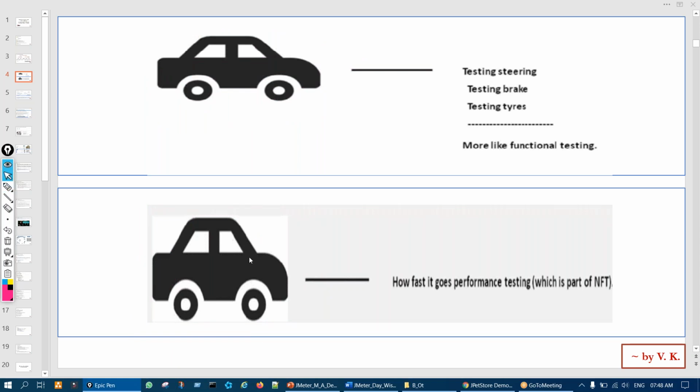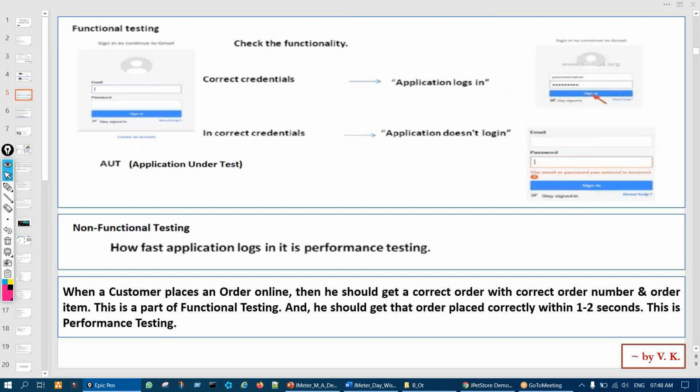Running. So in simple language, let us say there is a login module. So this is the login of our Gmail, right? Now functionality wise, if you have to test the login page of this application, we'll write test cases.